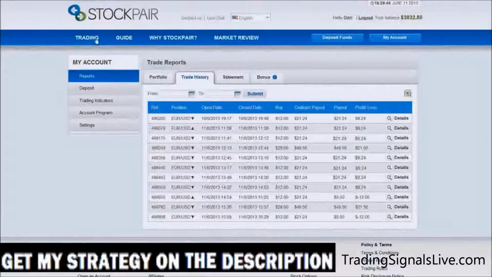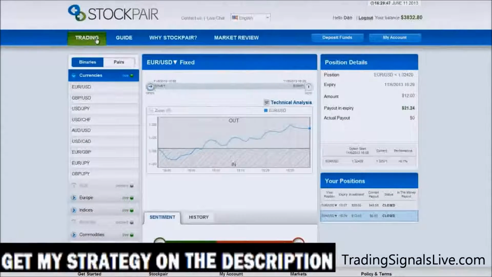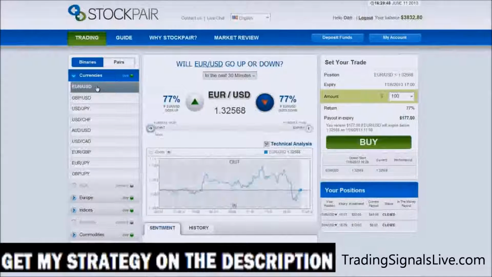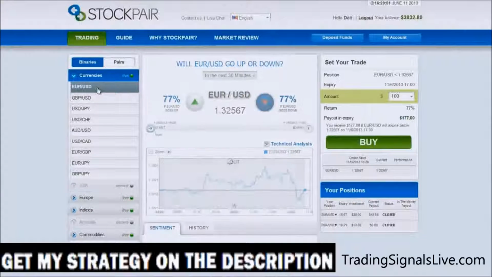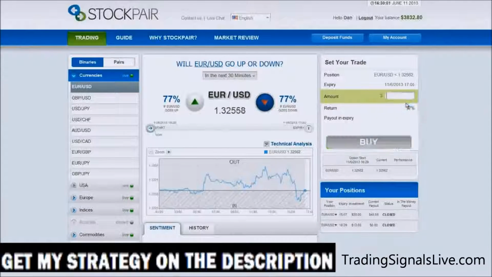We'll click back up on the Trading tab, and since the last trade of $12 was a losing trade, our step 3 is a second trade of $28. We'll check the sentiment tool real quick. We can see the majority of traders are saying it's going to go down. We'll click on the down put button, enter the amount of $28. We'll click buy. We'll hit view position,